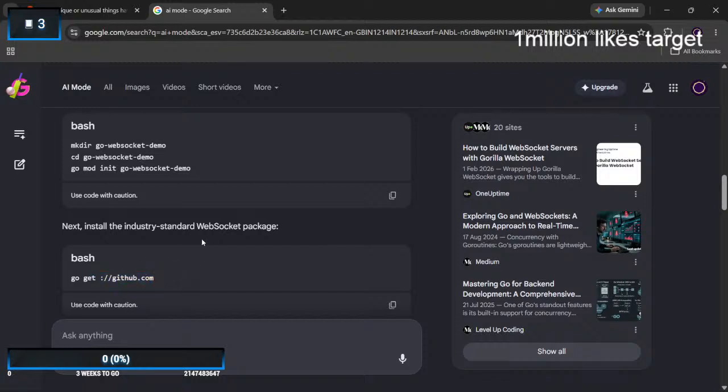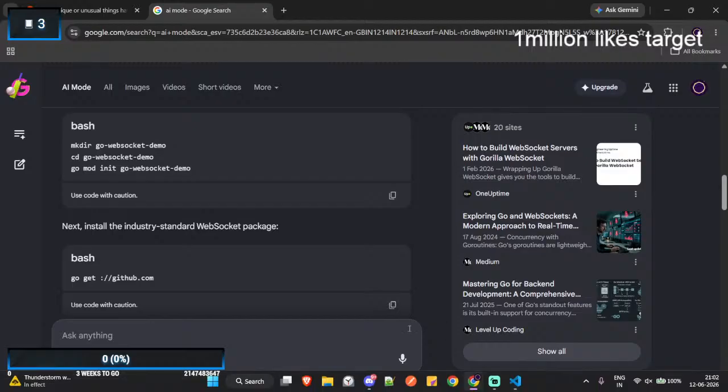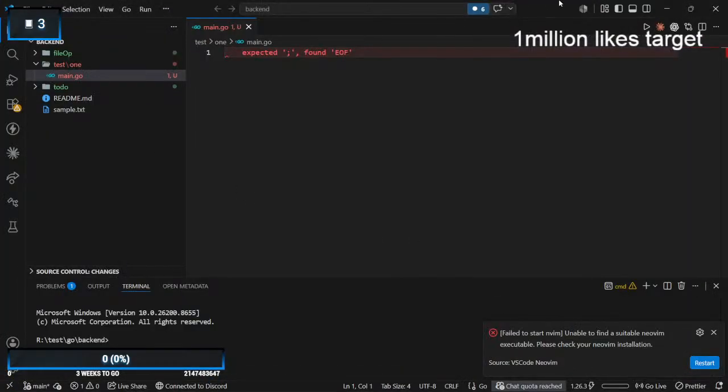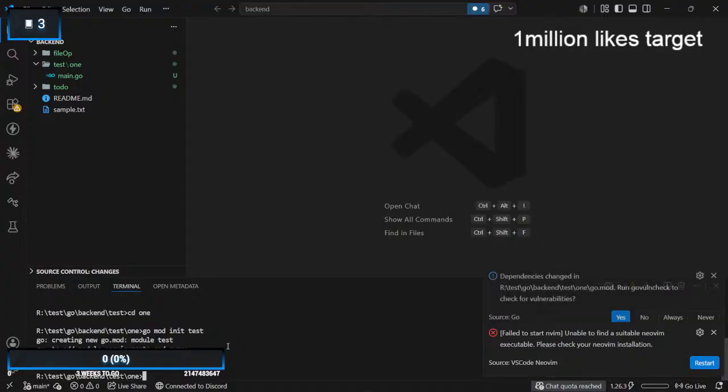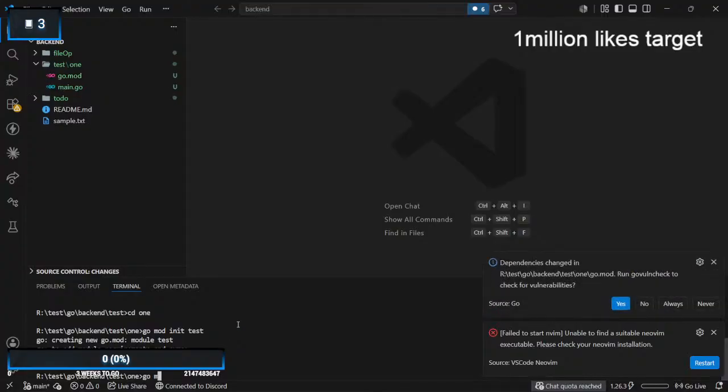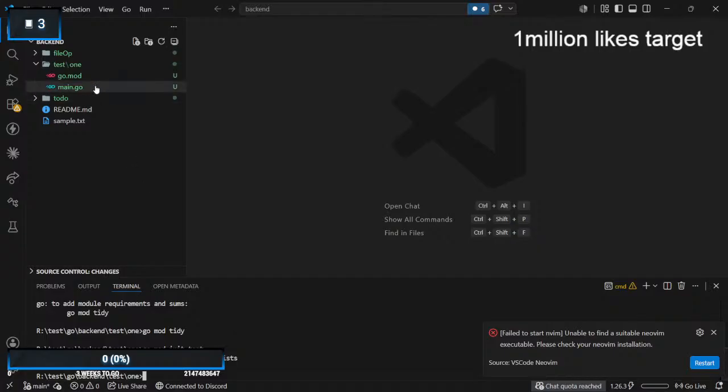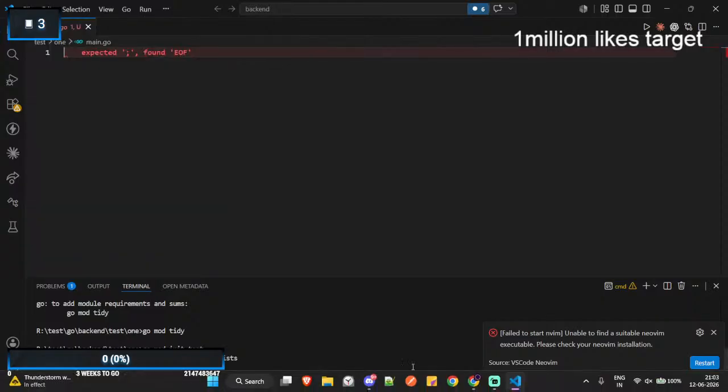Where is the package? We have something called test, and yeah, we have it. Didn't I do the mod in it? What the fuck? Oh, go mod init test. Go mod ls. We do again. It says already exists. Ah, we have it. We need to install the WebSocket now.